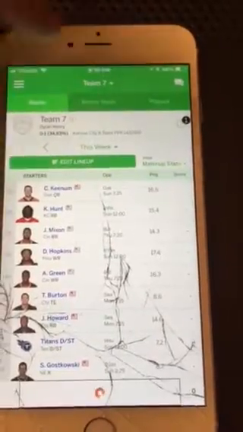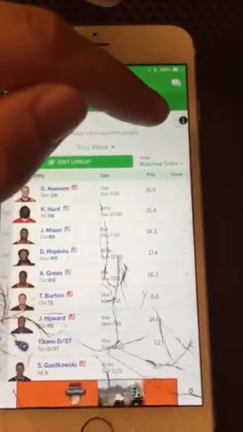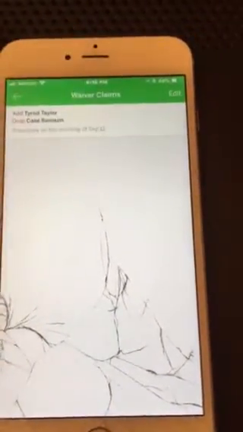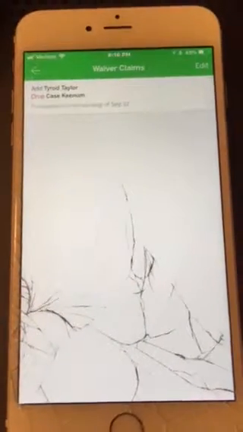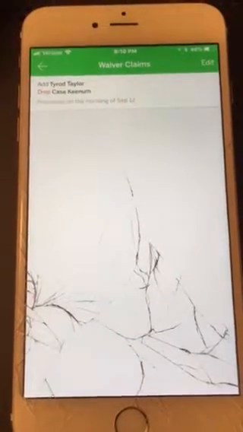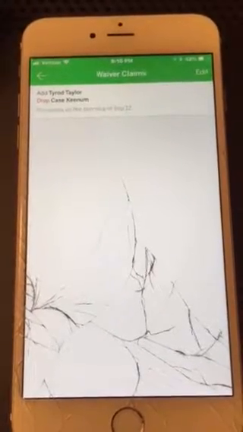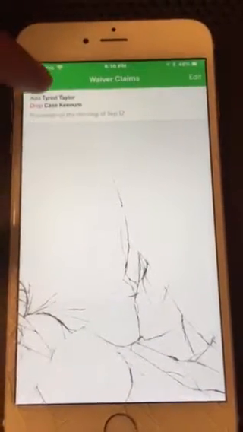So now when I come back here, I see the one right here by claims. This is where your trade proposals or waiver claims are at. I have one waiver claim right now. So the way I talked about it, right now, I only have one waiver claim, so I will get Tyrod Taylor if the person above me does